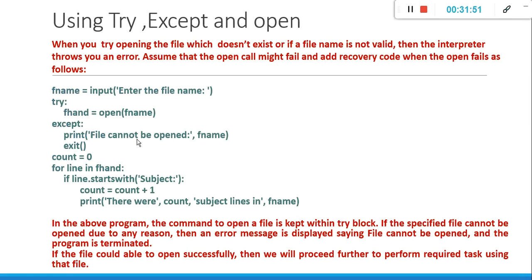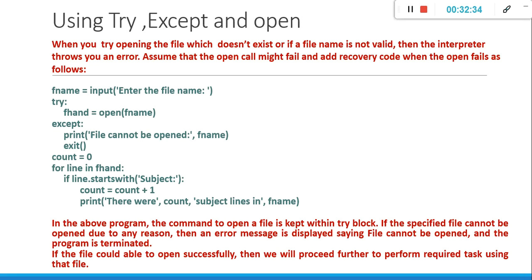Now a very important concept during file handling is try and except. Say for example, you are trying to book a ticket for a bus which has already left. You are going to book a ticket which is not at all available, so it should throw a proper error saying that the bus has already left. Or you are trying to transfer an amount from one account to another, so a file has to be updated here and there. If the amount does not exist, it has to throw an error.